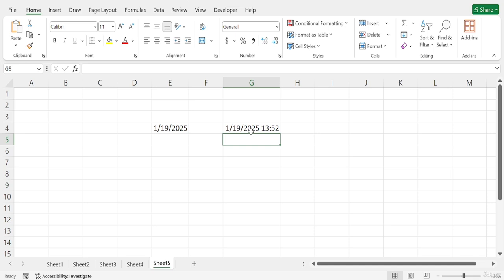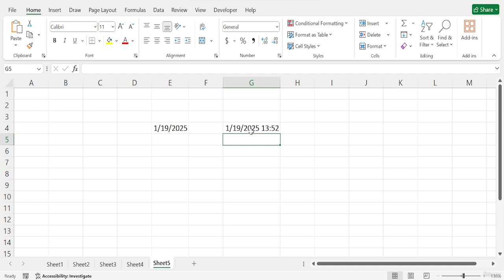Other than that, you can use the TODAY function if you don't need the time.